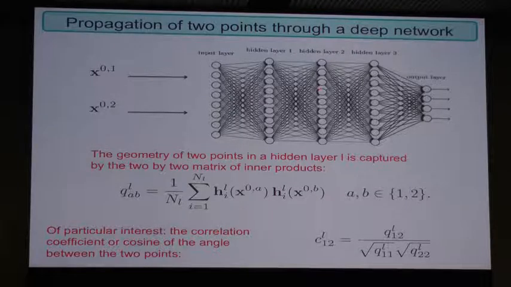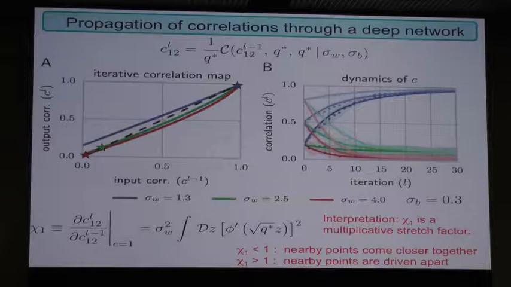They form an internal representation, h^l, for pattern A and pattern B. I can look at the inner product between these two representations. In particular, I can look at the correlation coefficient between them. And we can write down a dynamical theory, an analytical theory for this correlation coefficient in terms of a set of recursion relations. The theory matches experiments really well. So this is how the correlation coefficient evolves with depth. The solid curves are the theory.